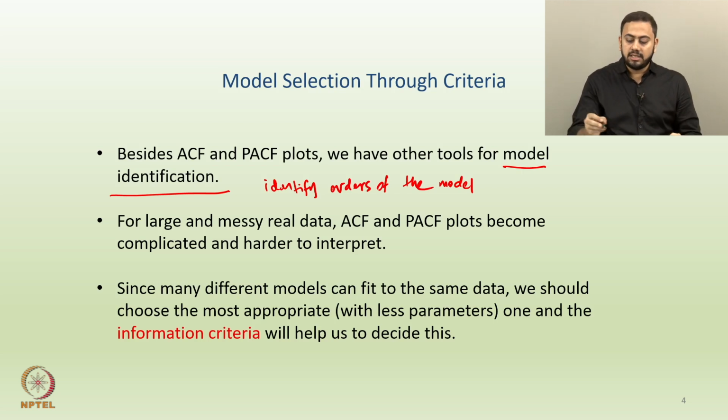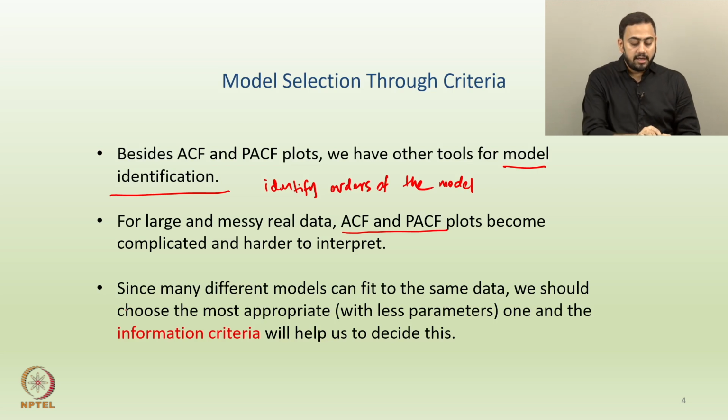So, in such a case ACF and PACF plots may not show the exact tendencies that we saw earlier. So, let us say cutting off or tailing off etc. And this could be a disadvantage, right. So, if you bring in really heavy kind of a structured data which would be kind of messy and really large, then probably basing or identifying the orders from ACF and PACF plots becomes difficult.